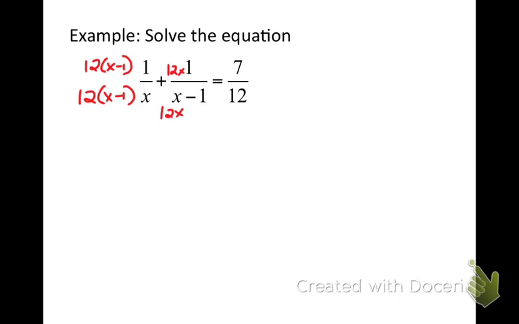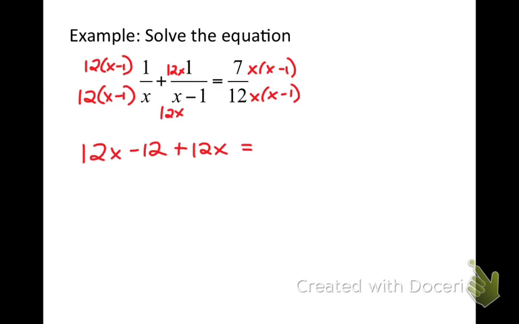And in my last fraction, what am I missing? I'm missing an x and an x minus 1. So I'm going to multiply both my top and my bottom by x times x minus 1. So now if you remember, back when we did our rational equations, once I get all my denominators the same, we can completely ignore them and just focus on the numerator and turn that into our equation. So here, distributing my 12 would get me 12x minus 12. Times 1, which wouldn't affect anything. My second fraction, 12x times 1, would just be plus 12x